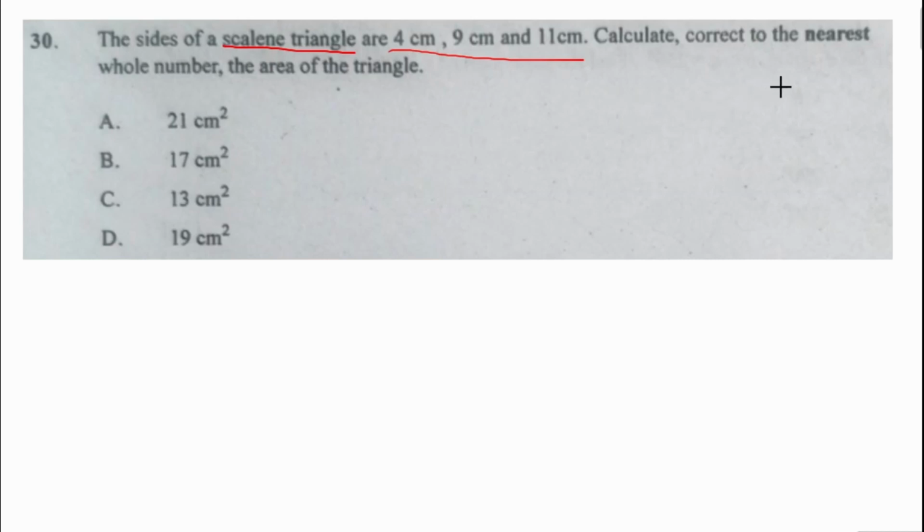And we are to calculate to the nearest whole number. Very important. Our final answer should be rounded to the nearest whole number, the area of the triangle. So, the main task here for us will be to calculate the area of this triangle. Well, we don't know the height, but then we are to calculate the area. So when all three sides of a triangle are given and you don't know the height of the triangle and you cannot easily calculate the height, the formula we can use to calculate the area will be area equals the